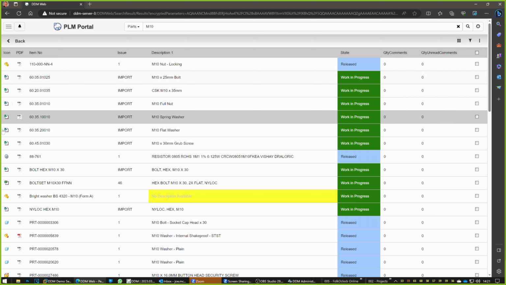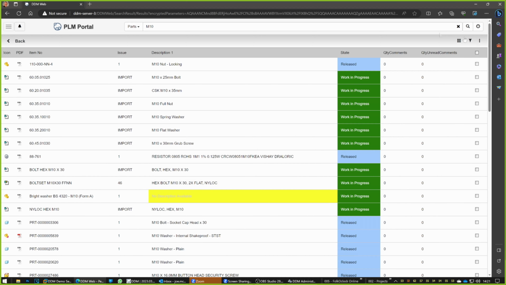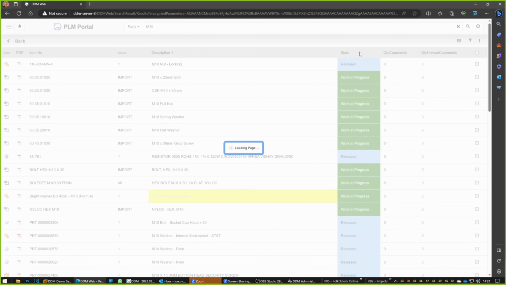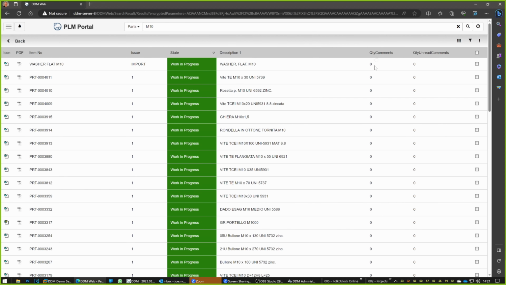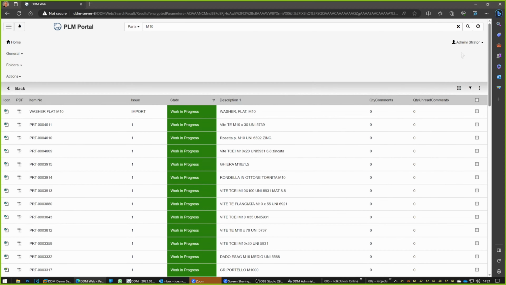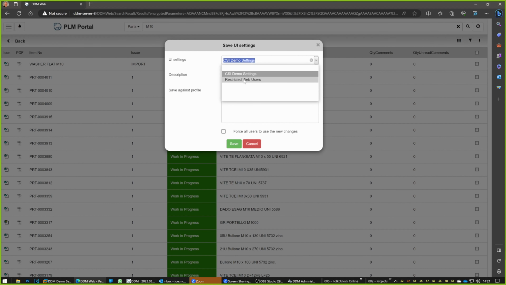Yes. So it should reset my layout, and then when I change it in here, or I believe you can just drag and drop things around as well, I should be able to say I've changed the layout and I want to save this against that profile, restricted web users, and there's an